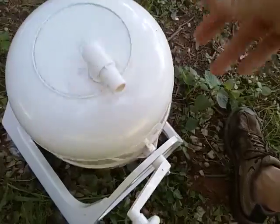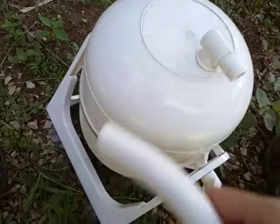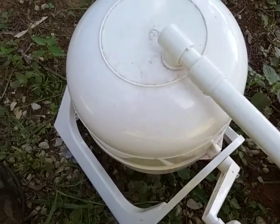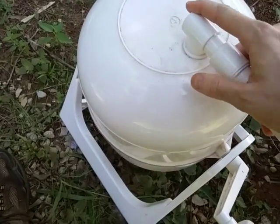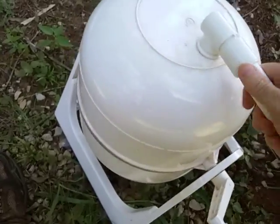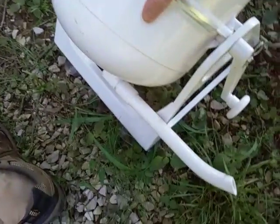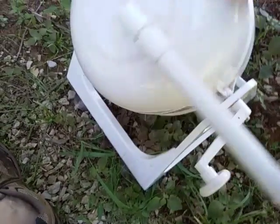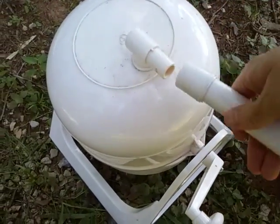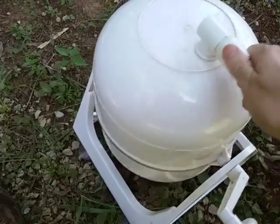Some people do it even less than that, but when you're done, there's this piece here which I'll show you that comes with it that goes into here, and you press it. It's kind of like a pressure sleeve, and it locks in like that, and it opens up the valve when you do that, so that on the end here, it lets all the water out, and voila, and then it dumps it out, and then you can take your washed clothes and put them on the clothesline,